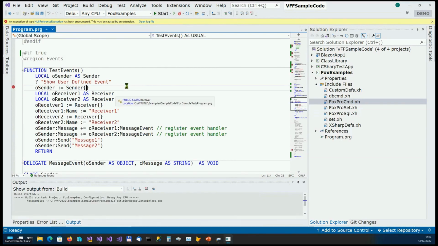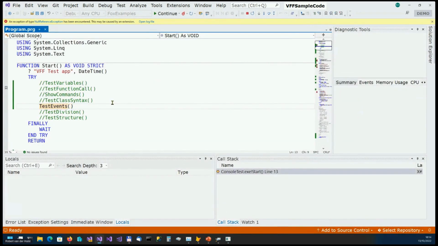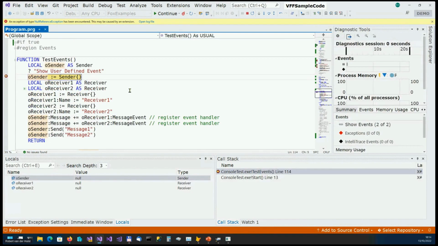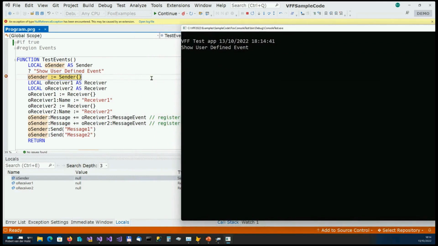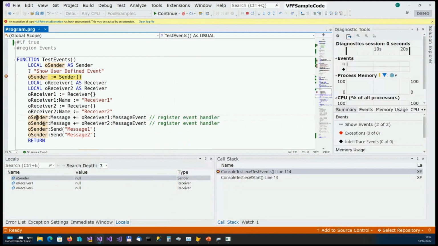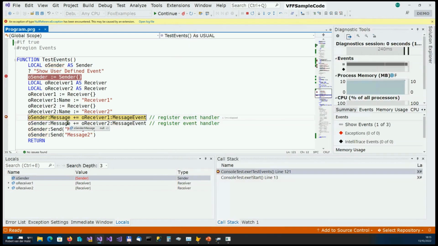As you can see, I've typed all my locals, because in this case, if you want to do these kind of things, you want to have locals that are typed. And I'm going to go here, run to here. We see nothing yet. Now I'm registering the event handlers. You will also not see anything yet. But if I now send,